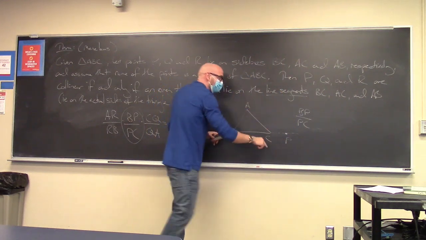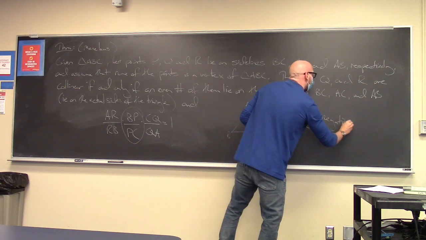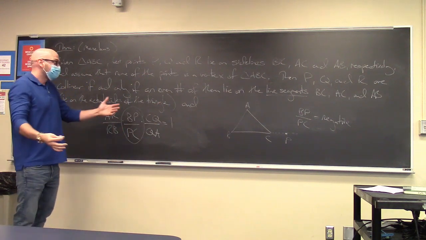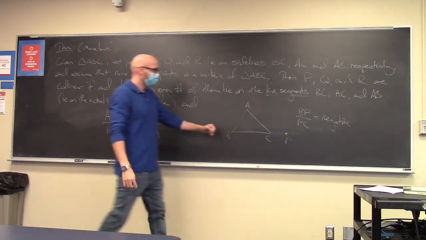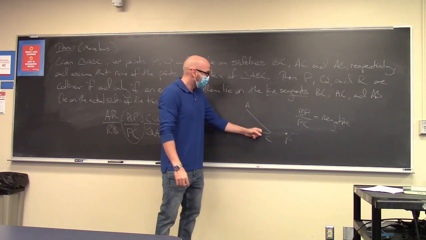So BP over PC to them would be negative. What happens in Ceva's theorem? Well, it doesn't really matter because if you have an odd number of interior Cevians, then that means you have